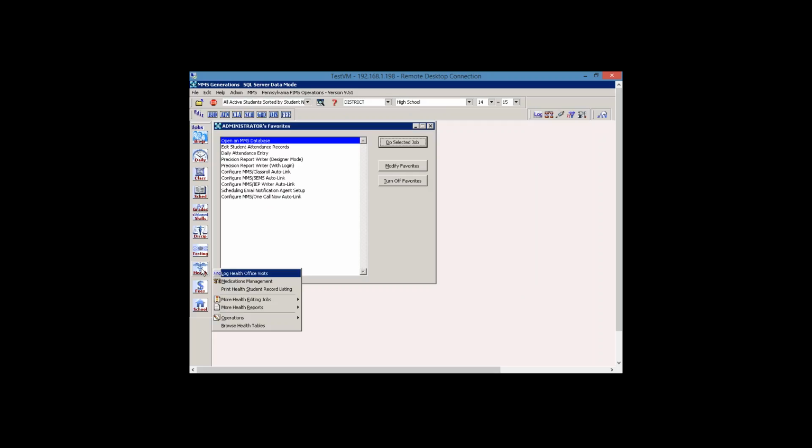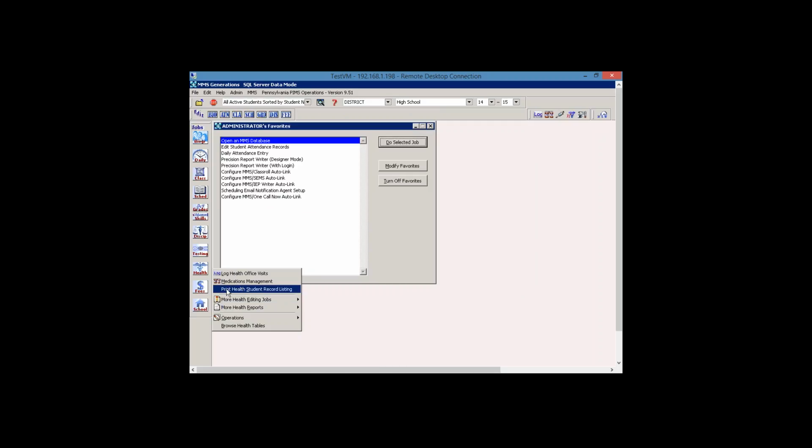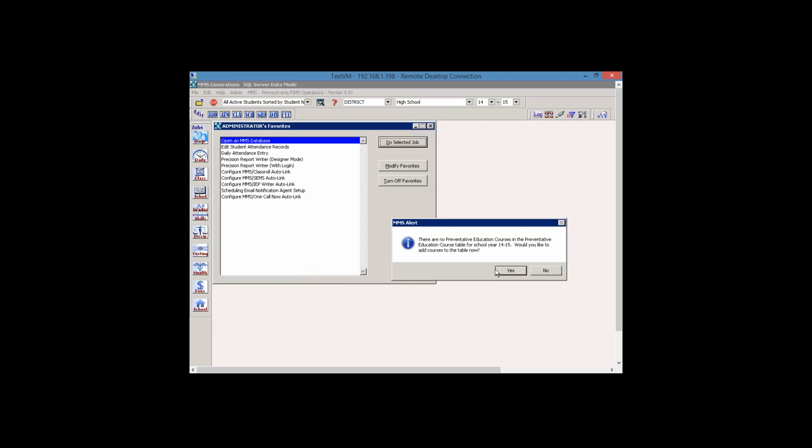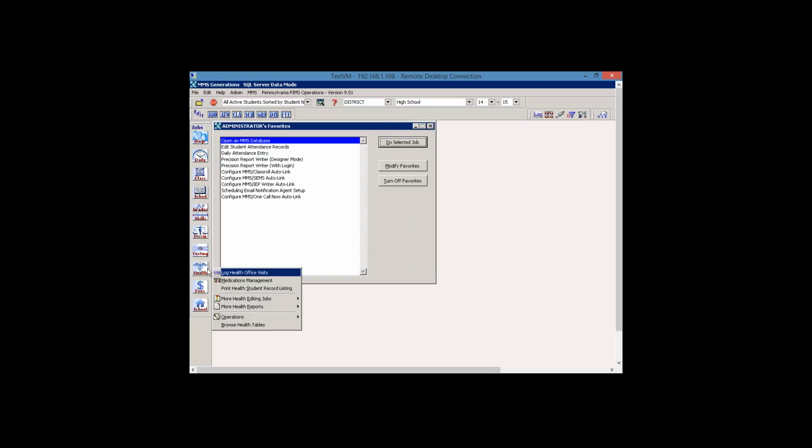So again, a couple of the menu options that we see are just another way that you can navigate to the same options that are available on the toolbar. If I wanted to, we looked at the health student record listing for a single student. If I wanted to look for that, if I wanted to look at the health student record listing for a group of students,